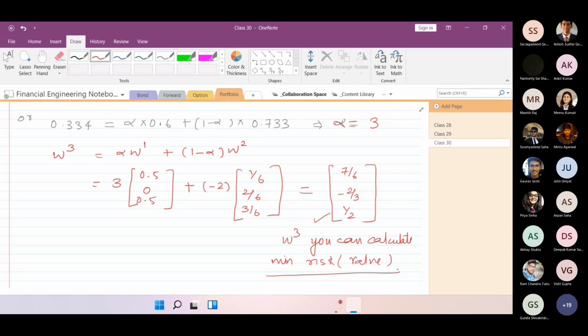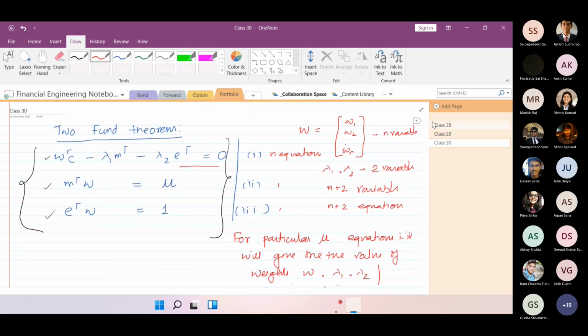Yes. But I said that these are the 3 equations, using the optimization model for n risky assets. So any value of particular weights, lambda 1 and lambda 2, if these are satisfying these 3 equations for a particular value of mu, then I'll say that for that particular value of mu, the weights would correspond to the minimum risk. Please keep on saying yes, sir, so that I can move ahead.